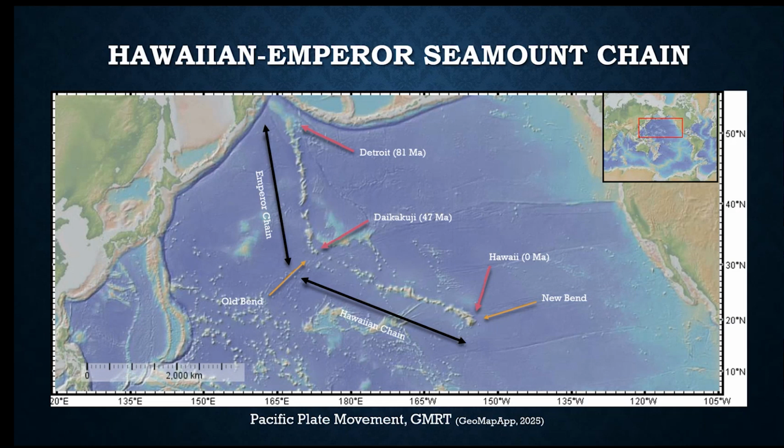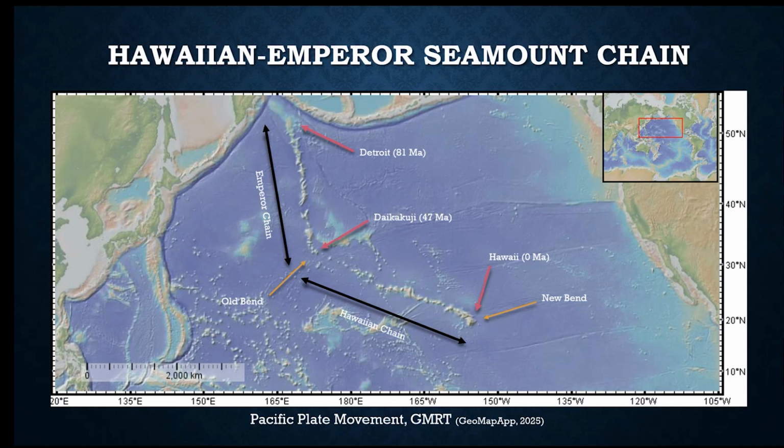This raises important questions. Is this shift solely the result of continued plate movement, or could it indicate a changing or migrating mantle plume? Could the plume now be interacting with a different portion of the lithosphere or crust? Is the mantle plume being recharged by a new source of enriched material from deep within the earth? These observations support the idea that hotspots and mantle plumes are dynamic, and their interaction with moving plates is more